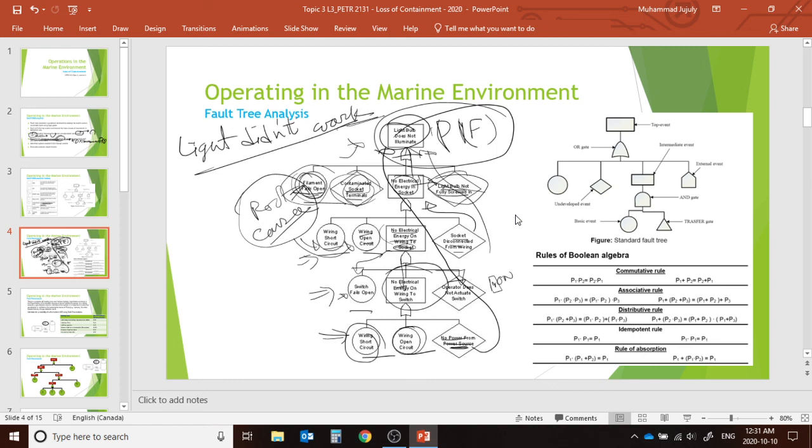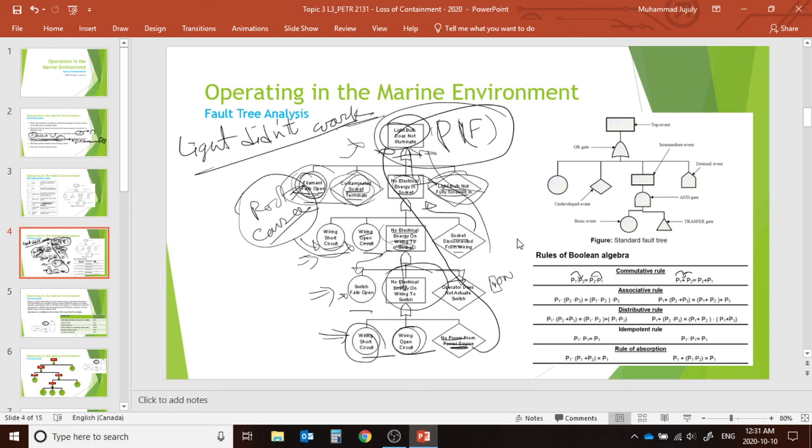To calculate the probability of failure, we use the rules of Boolean algebra. If you have an idea about computer programming, then you probably know how Boolean algebra works. It's based on set theory, but I'm showing you again. First is the commutative rule: P1 times P2 equals P2 times P1, or P1 plus P2 is equal to P2 plus P1. It's the same, so you can put this or this. Now the associative rules: P1 times P2 times P3